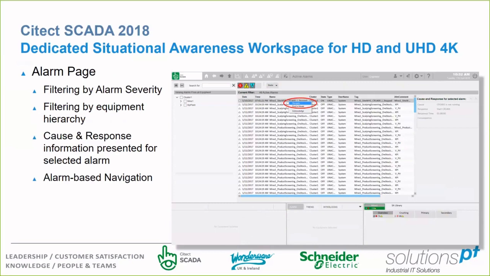Our alarm page now looks quite different in Citect 2018. The new layout enables you to filter out alarms according to their priority. That's seen in the middle top, 1, 2, and 3. You can also filter alarms according to the equipment hierarchy that you're now presented with on the left-hand side. So you can expand and collapse the hierarchy and actually filter out areas of the plant as required. You can also do a partial name search,